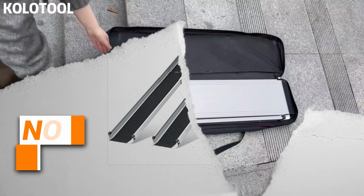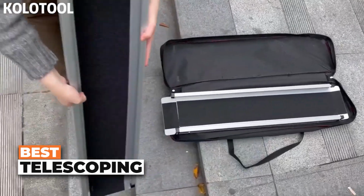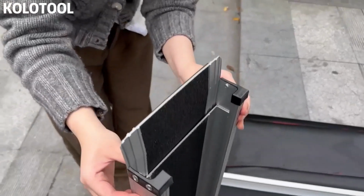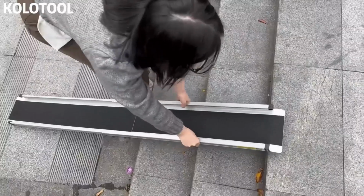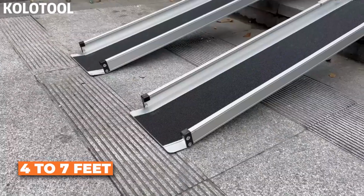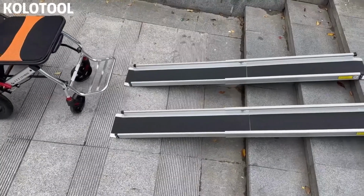Number 3 is the Modular Adjustable. This is the best telescoping design on our list. Looking for a ramp that gives you flexibility without the hassle of a permanent setup, this is the one you might need. It's a 2-pack of aluminum ramps that can telescope anywhere from 4 to 7 feet. So whether you're dealing with a single step or a higher porch, you can adjust the length to fit